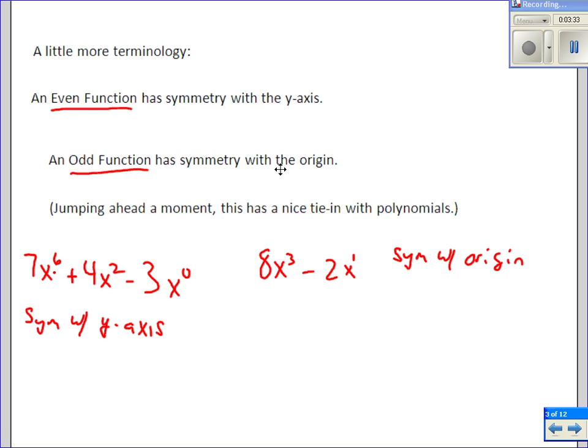Okay, a little terminology. An even function is a function that has symmetry at the y-axis, and an odd function has symmetry with the origin. Again, we're not talking about symmetry with the x-axis, because if you have symmetry with the x-axis, it's not a function. But I do want to jump ahead a second, with two different words for essentially the same thing,